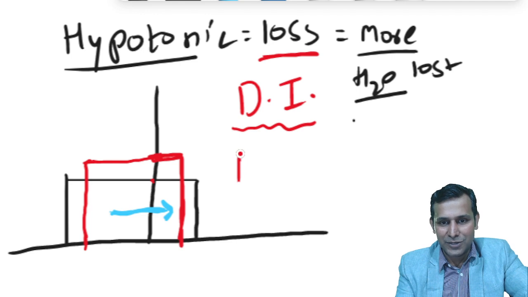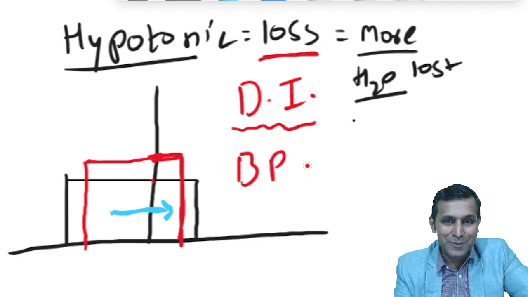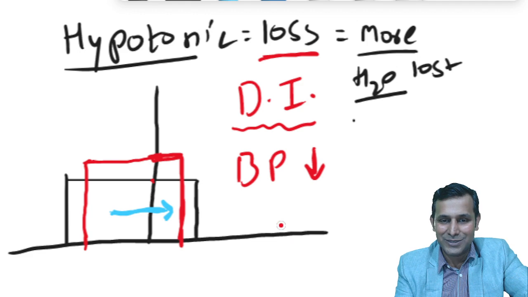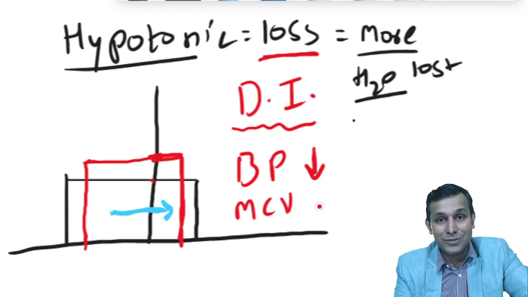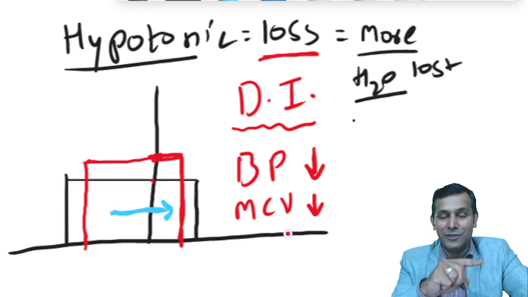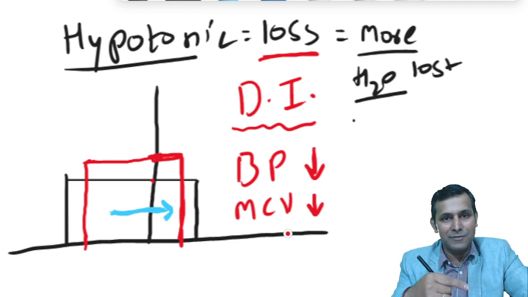What happens to the blood pressure here? Can anybody? Yes, the blood pressure will be decreased. Great. So there is a decrease in blood pressure. And what about the osmolarity? Yes, osmolarity has increased. So what happened to the cell volume? The MCV is also decreased,